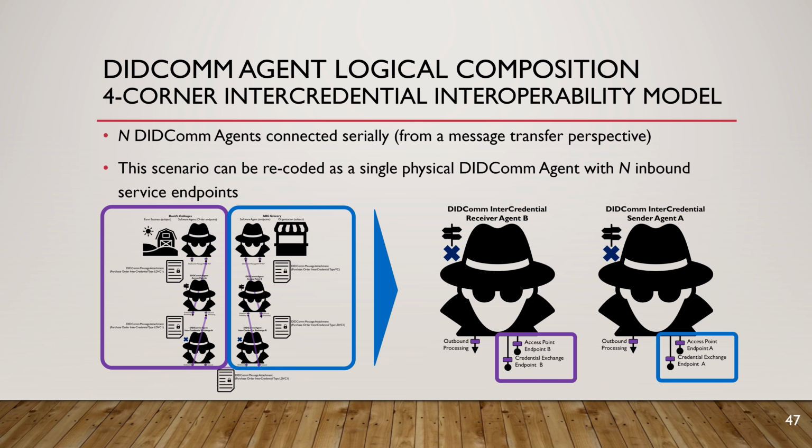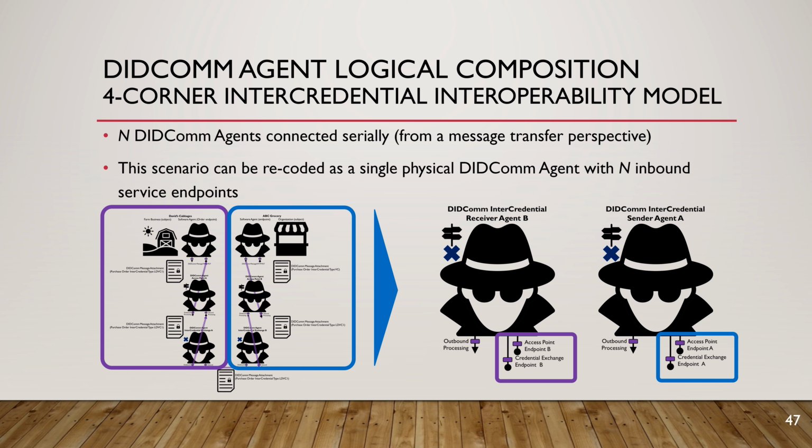And also on the David's Cabbages side, we have 3 agents connected serially in the opposite direction. So whenever you have that, and whenever they're running underneath the same set of keys, the same identity, it's possible to collapse those. So the scenario on the right can be collapsed or recoded as 2 single physical DIDCOMM agents